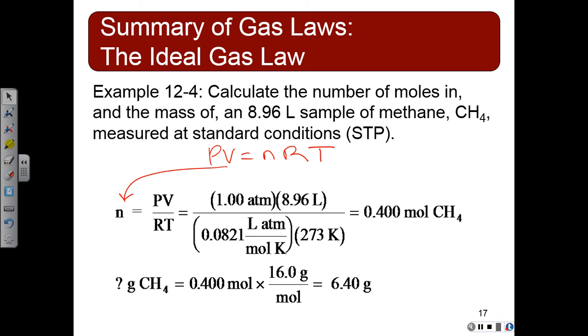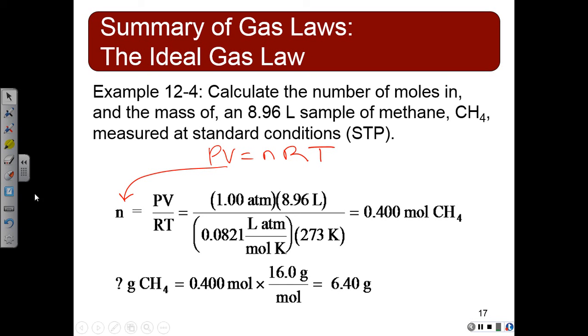Another one where we're told that the conditions are STP. This kind of makes it easy for us, because we know that STP is what? What's our Kelvin? 273, so we already have our unit correct. And then what's our pressure? 1 ATM. You're going to use ATM because we know we have to use ATM in this equation, in our ideal gas law. So pressure is 1.